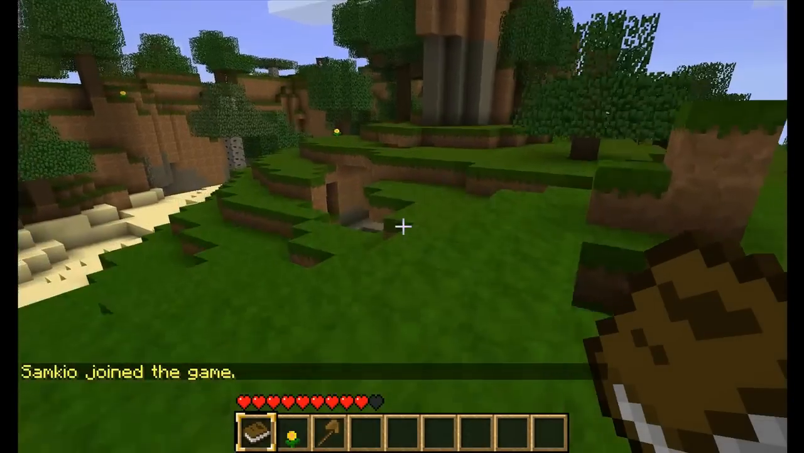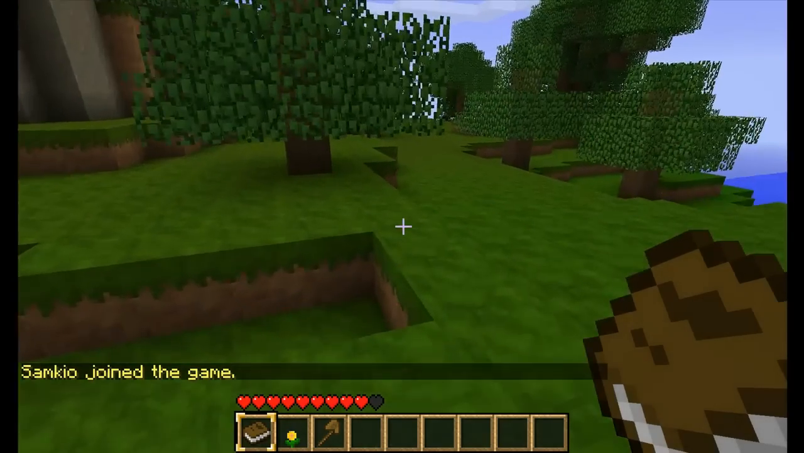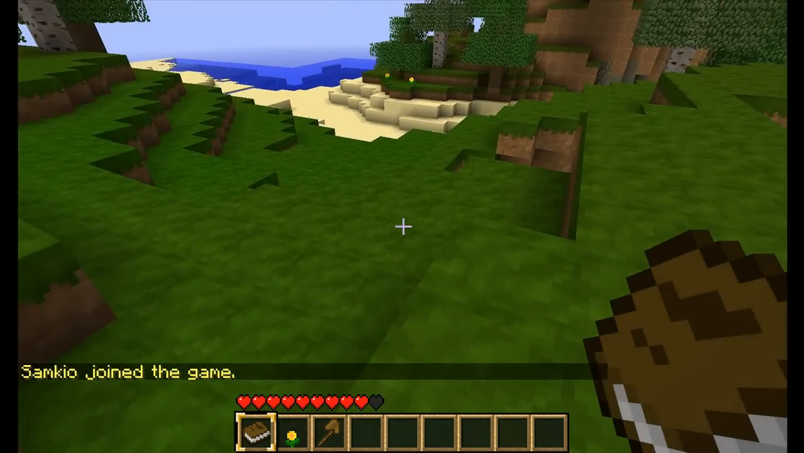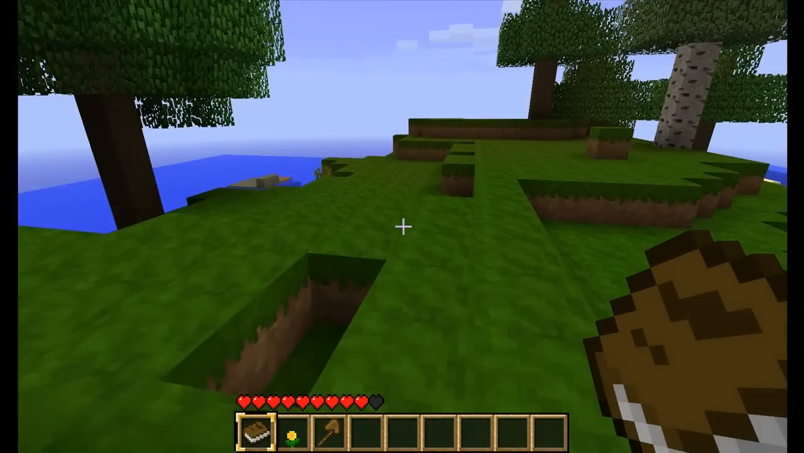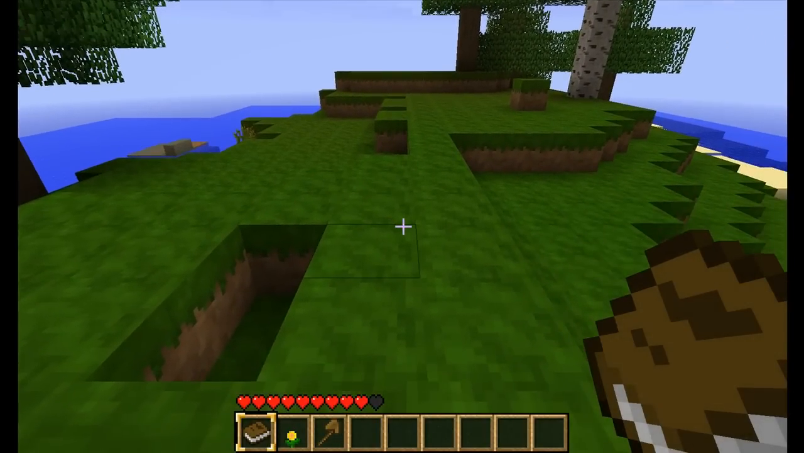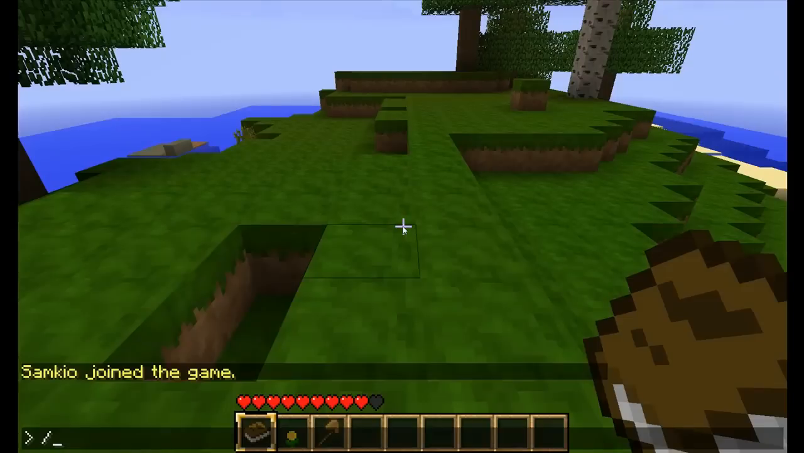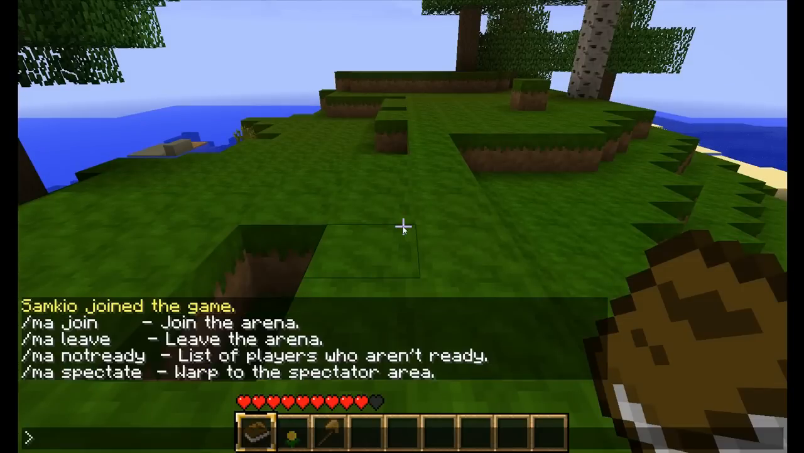Okay, now we're in game and we're going to set up the mob arena in this world. So there are permissions, I believe, for this, but I'm just going to be op, so I own everything. So let's first use the default command MA. It'll give you these commands: MA join, MA leave, MA not ready, and MA spectate. So first of all, we actually need to set up an arena. So basically,